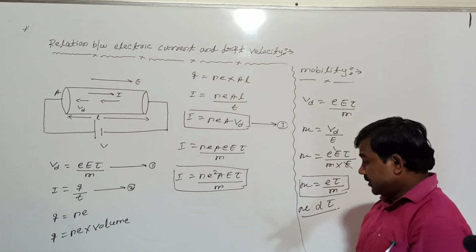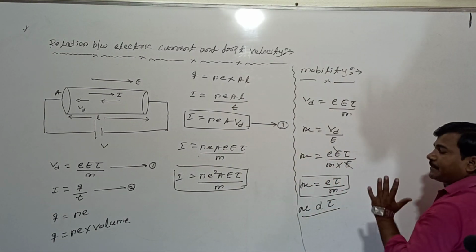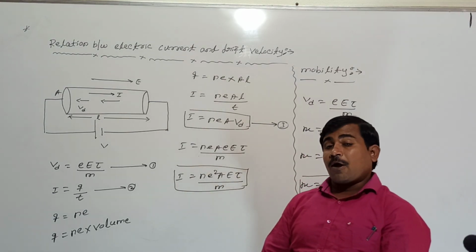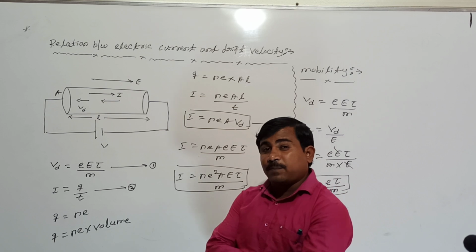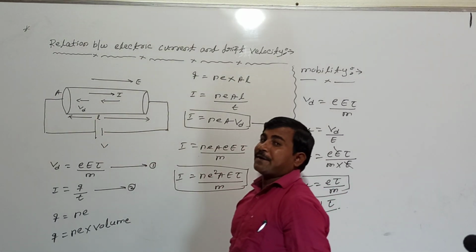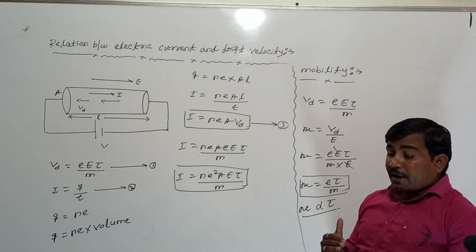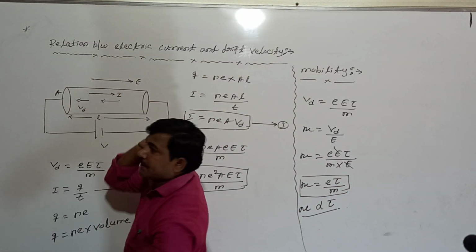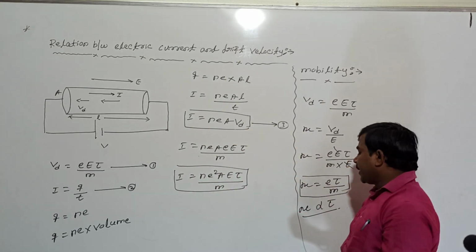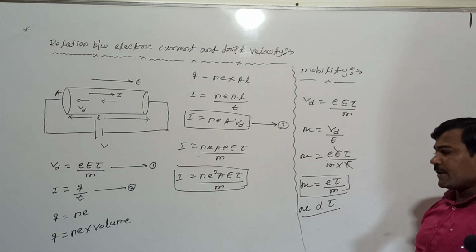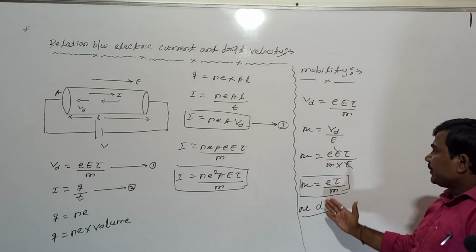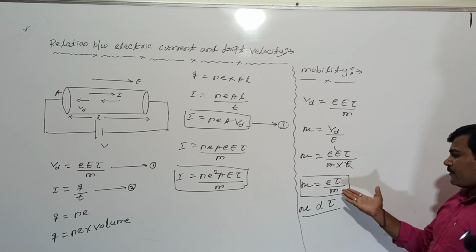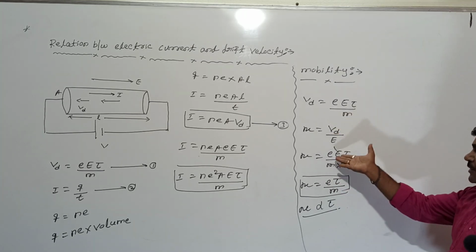You can say the mobility of this conductor depends only on the temperature of the conductor, not on how much electric field or potential difference is applied. It only depends on temperature. I mean, temperature decides how quickly an electron moves in a conductor. That physical quantity is nothing but mobility. Then you can find the SI unit for this by taking this equation.